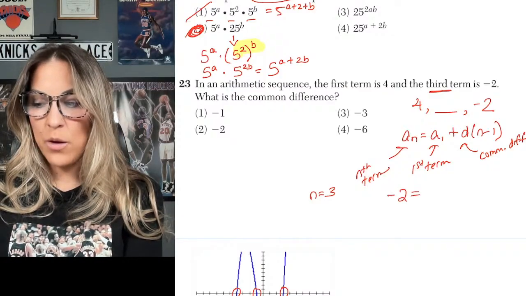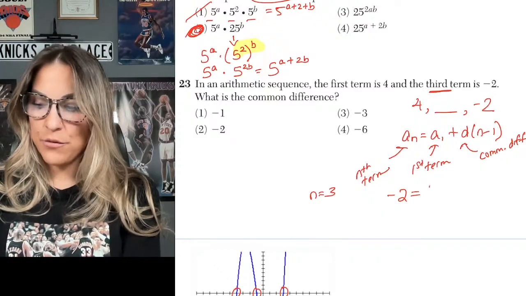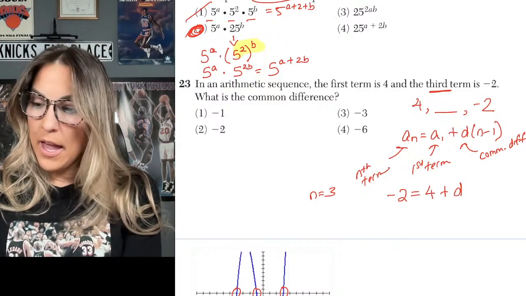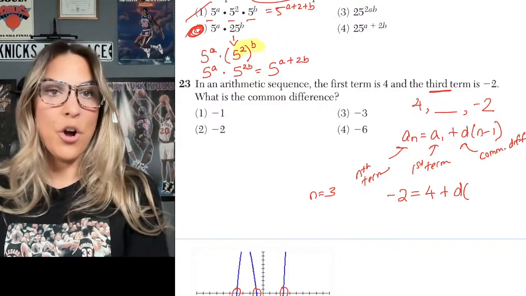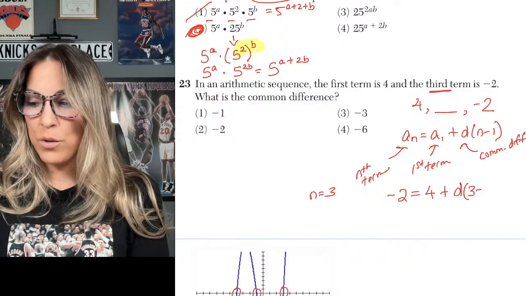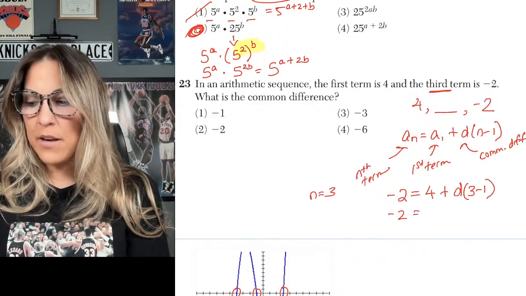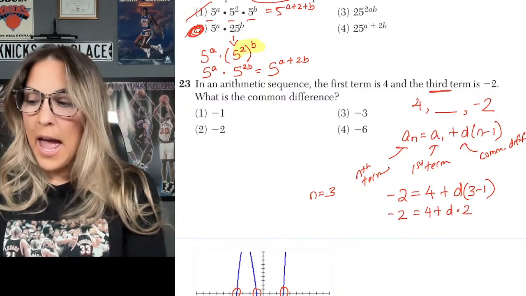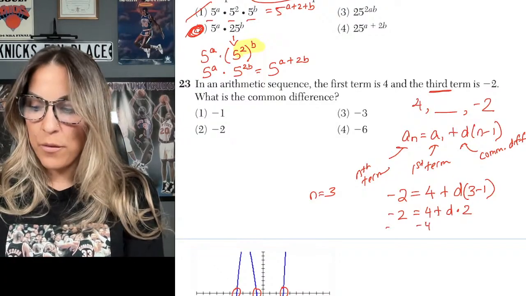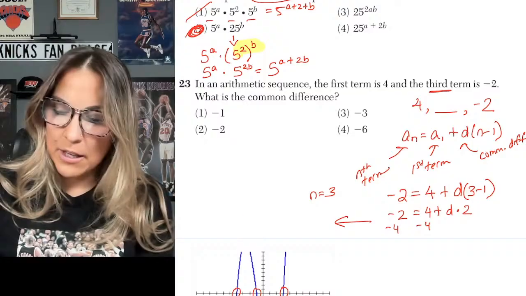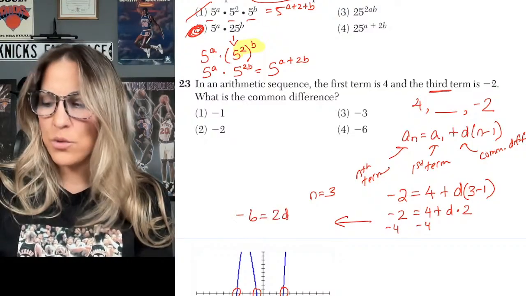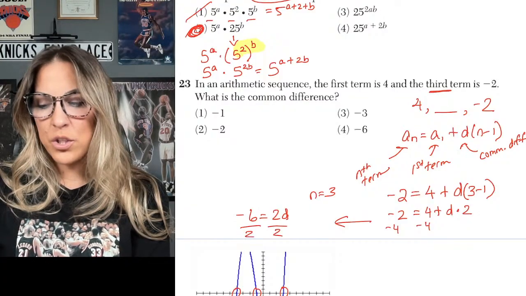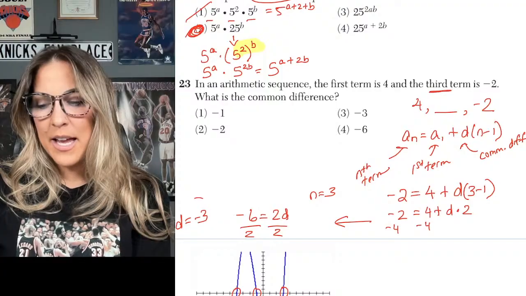So now I have negative 2 equals a sub 1 is our first term, that's 4, plus the common difference, I don't know, so I'm going to leave it as a variable d. And that's going to get multiplied by n minus 1. Our n is 3, right? Because we're talking about the third term. So 3 minus 1. So this simplifies to negative 2 equals 4 plus d times 2, which I know looks like a weird way to write it. I'm solving for d. So if I subtract 4 from both sides, that's going to give me negative 6 equals, I'm going to rewrite that as 2d because d times 2 looks weird. I'm trying to get d by itself, so divide by 2, and we get that the common difference is